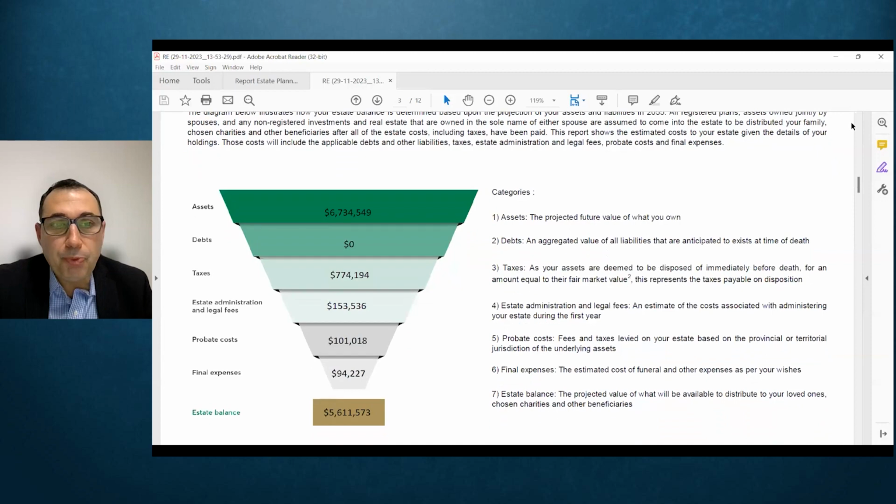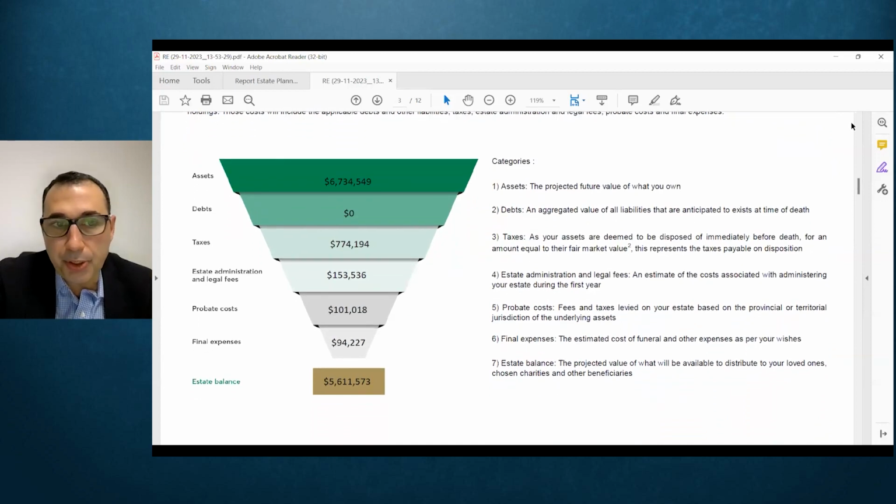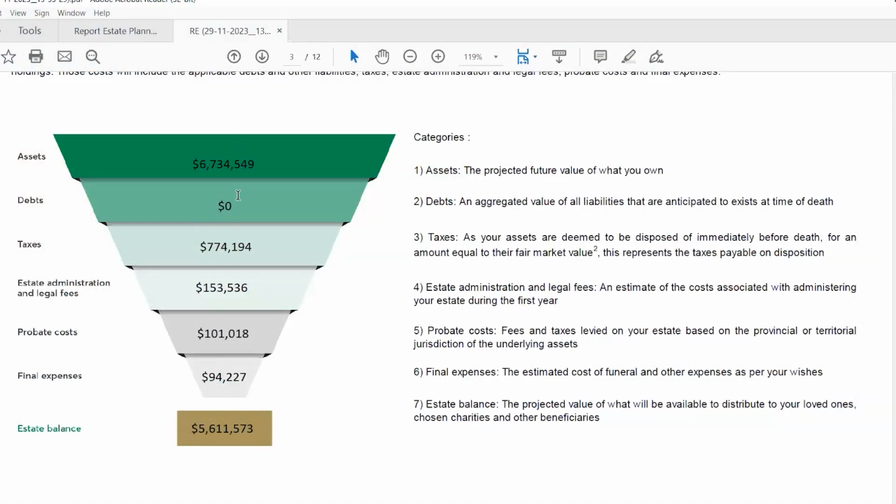Again, the summary. I just wanted to highlight this is actually pretty important. The projection here is a joint scenario. You can see the total estate value and then the net estate value at the bottom. Now, there is not a particular line that tells you the estate need is roughly $1.1 million. It takes you 30 seconds to calculate that, but there's not a big box that says total estate need is. It sort of takes the 6.7